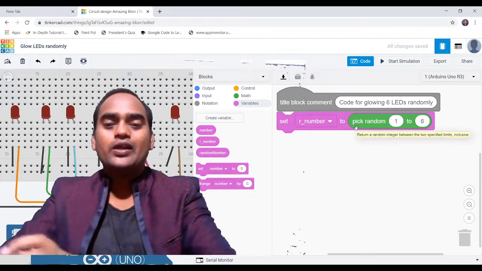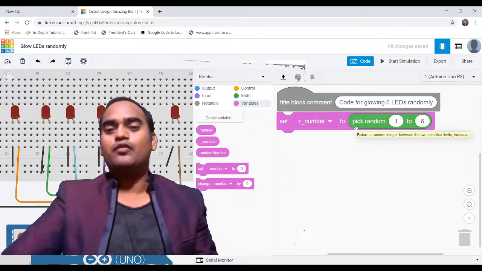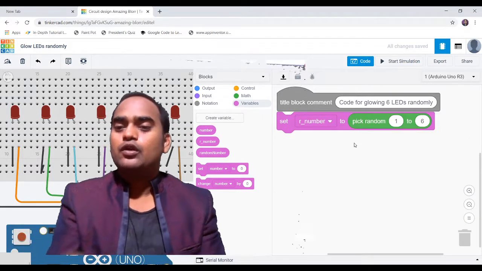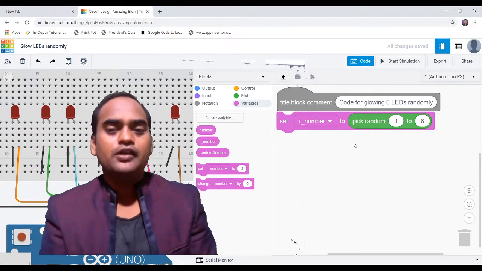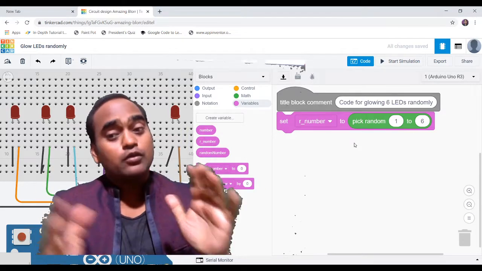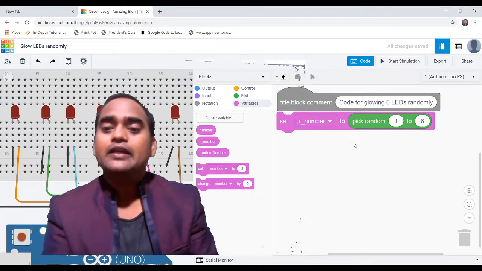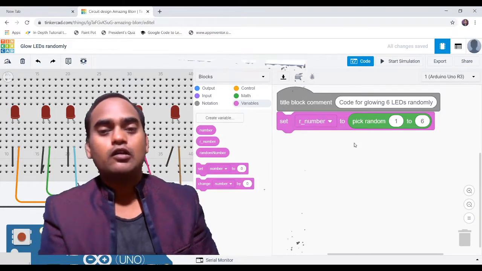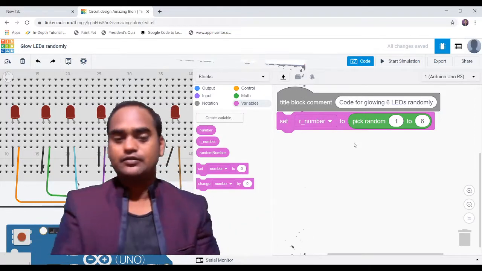So this code will generate a random number between 1 and 6, including 1 and 6 as well, and it will store the value in a variable called r number, right? That's good.